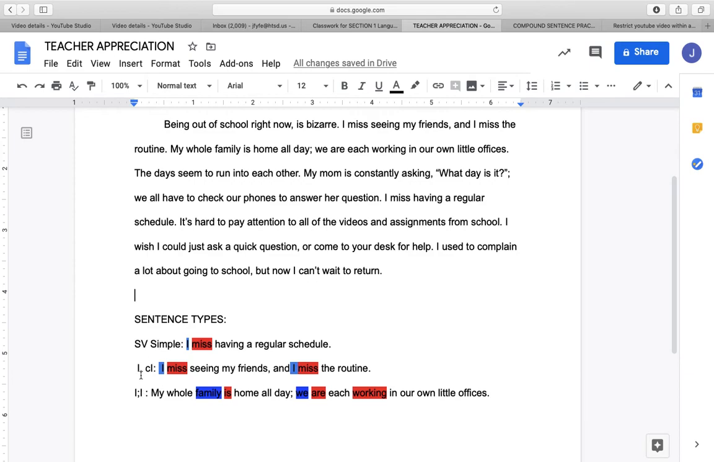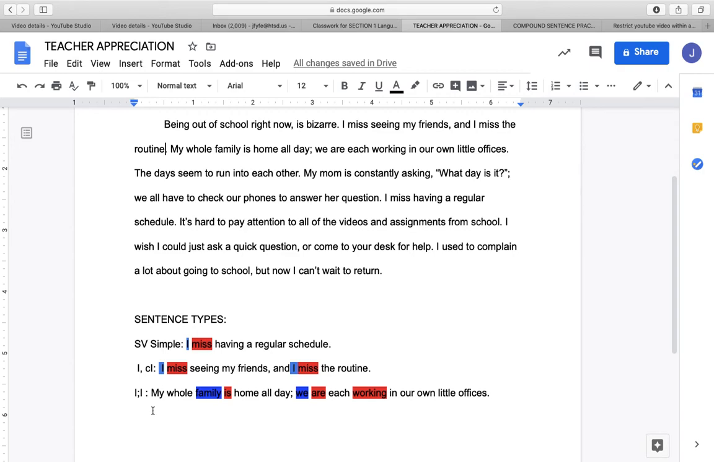Next one, I, comma, CI. I have a I miss seeing my friends, comma, and I miss the routine. Do you see I misses a lot in this paragraph? I miss seeing my friends and I miss the routine. There is a subject and a verb on each side of that conjunction,